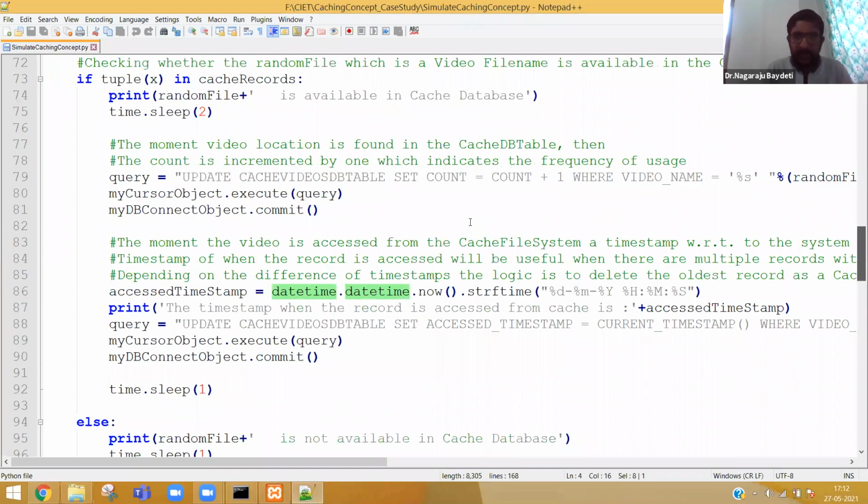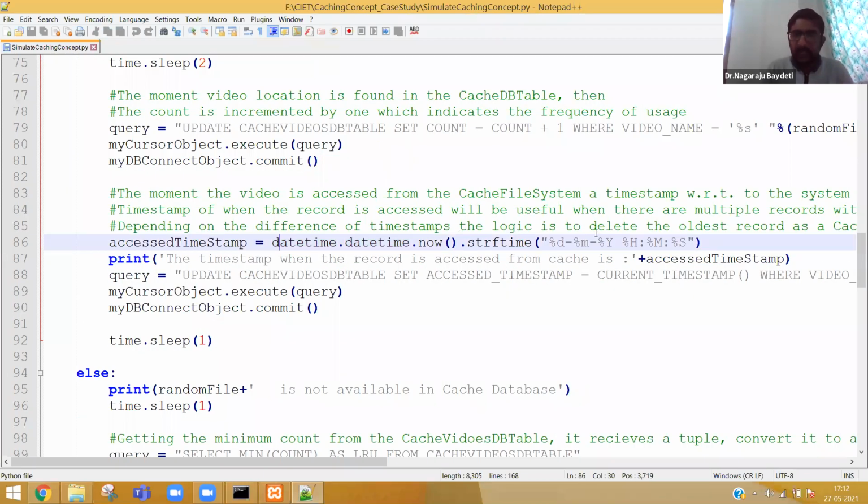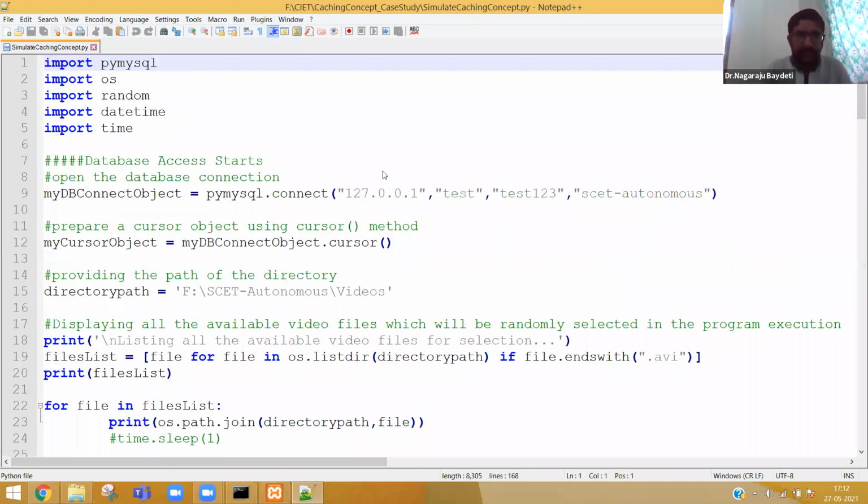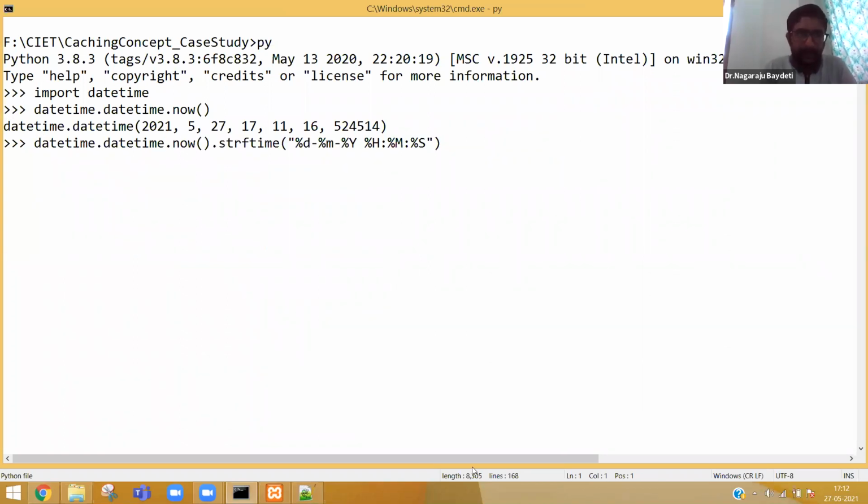See, why I am explaining this is, suddenly if a line comes in a program, you should not get scared. See, in the program, I am going to format the time. What is strftime? String format time. Strftime means string format time. That means datetime.now gives year, month, date, etc., but I want to change it to my format.